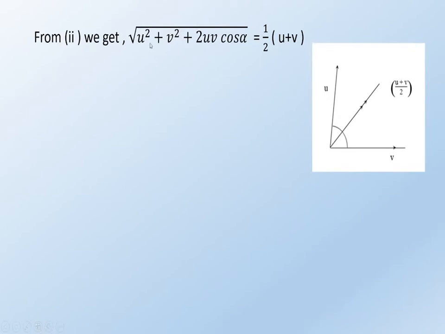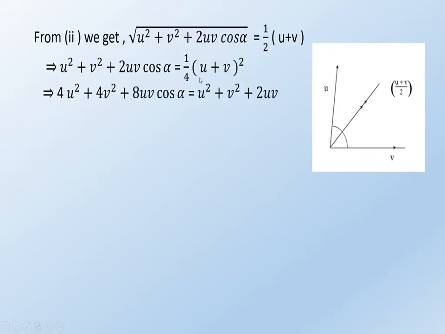From 2, we get root over u square plus v square plus 2uv cos alpha equals half of (u plus v). Squaring both sides, we get u square plus v square plus 2uv cos alpha equals 1 by 4 (u plus v) whole square. If we multiply this equation by 4, then we get 4u square plus 4v square plus 8uv cos alpha equals